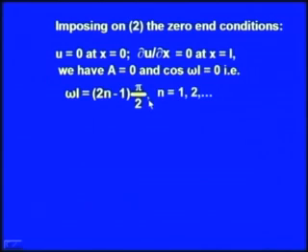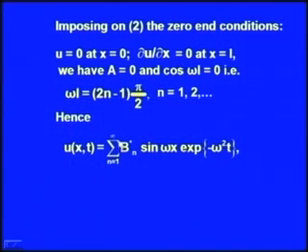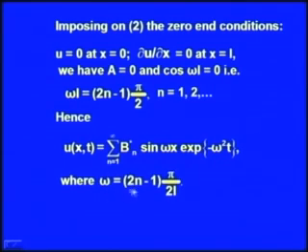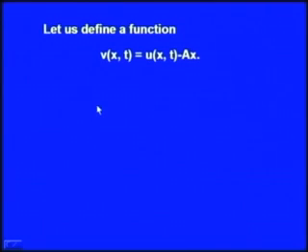Here again, as we have done in the previous case of the bar with zero end temperatures, we have to take only positive integral values of n. When you take negative integral values of n, you only get solutions which are the negative of the solutions for the positive integral values of n. So, we will get u(x,t) equal to sigma n equal to 1 to infinity B n star sin omega x into exponential minus c square omega square t, where omega is equal to (2n minus 1) into pi over 2L. Now, let us define a function v(x,t) equal to u(x,t) minus A x